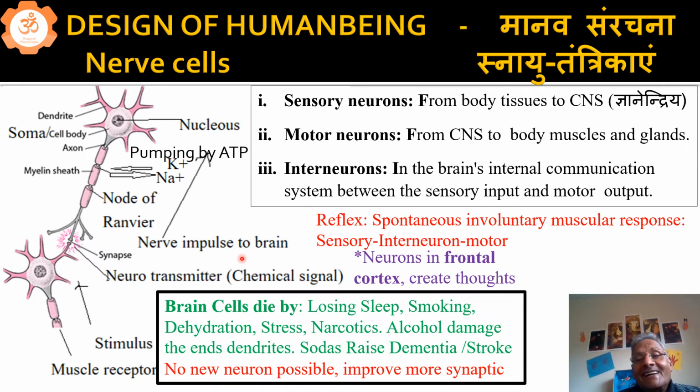Now let us discuss the neuron cells. Neuron cells are also body cells, but they are mostly involved in our brain, spinal cord, and communication system. So total control of the body is done through neurons, these nervous cells. This is the most important part of our nervous system. Now let us understand